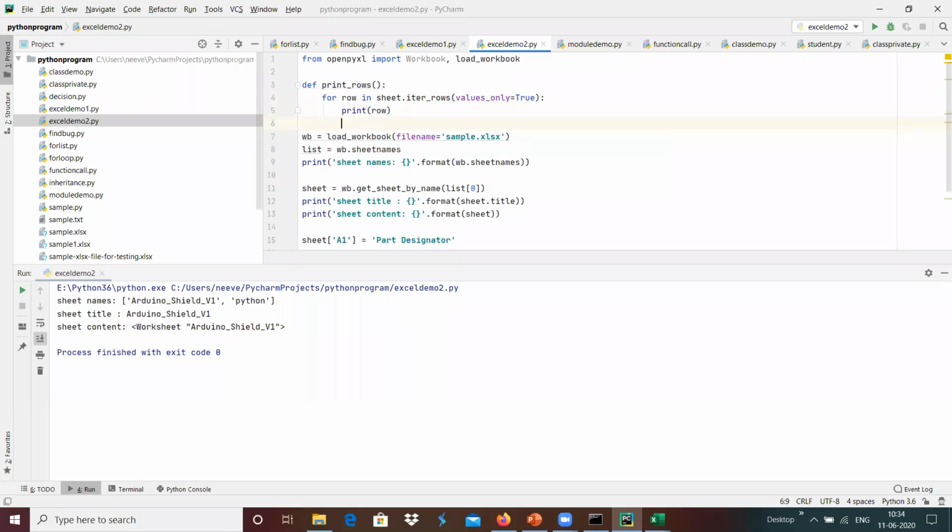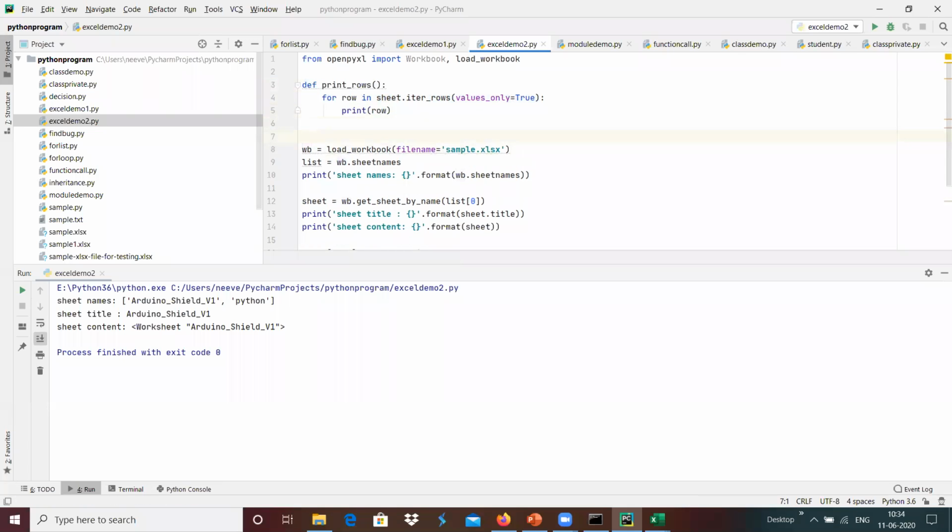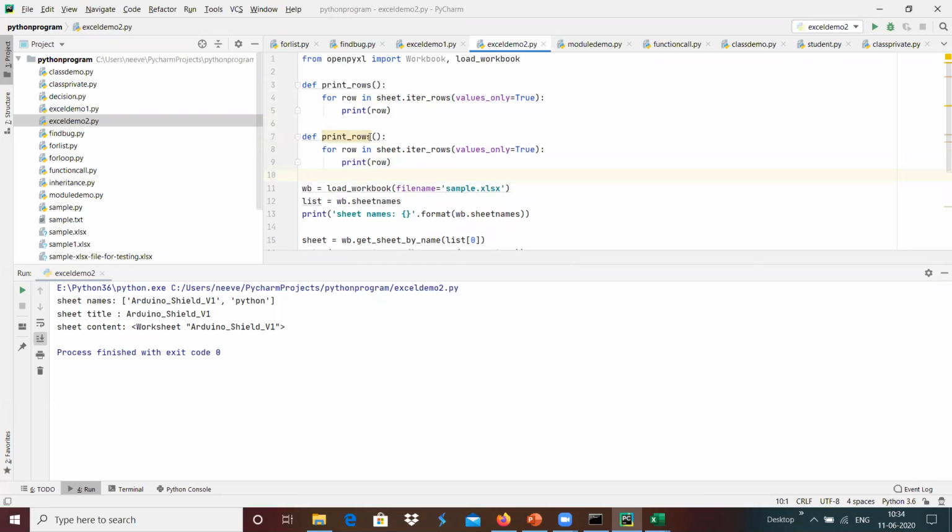In a similar way we can use this. I'm going to copy this and paste it as print_columns, and I'm going to print all the columns here.